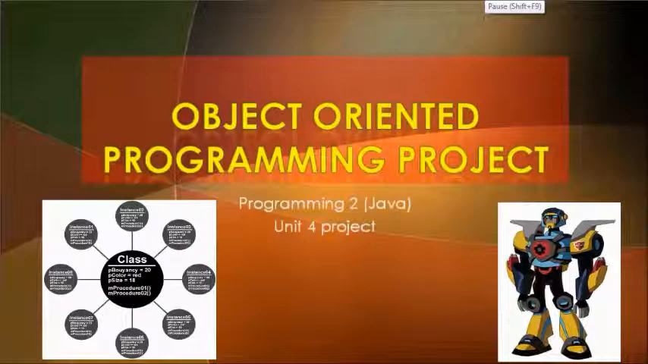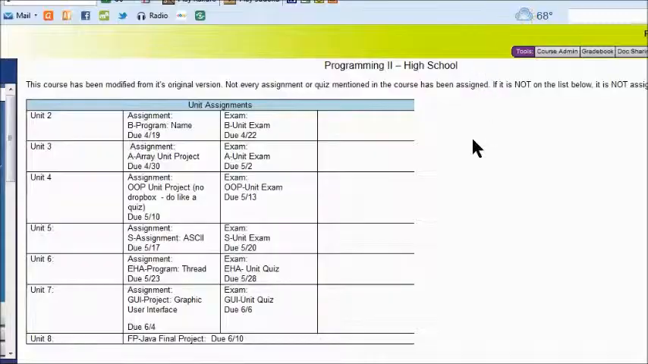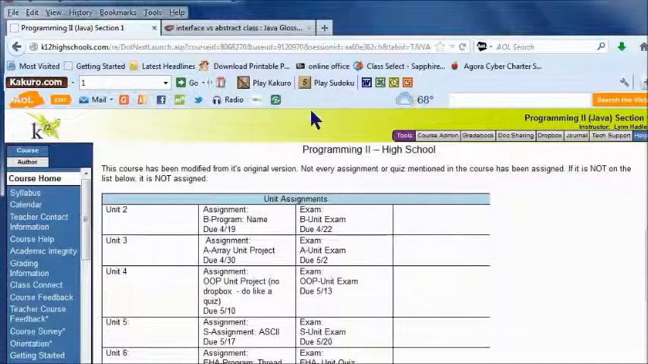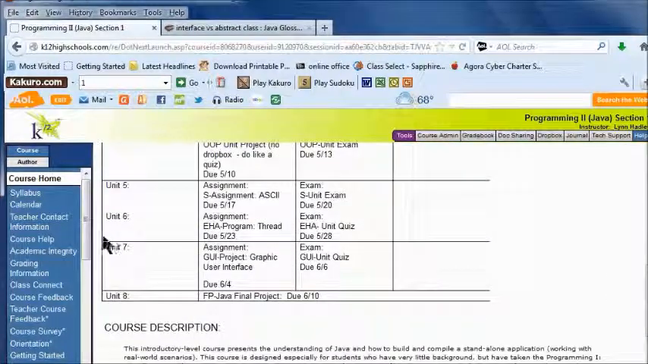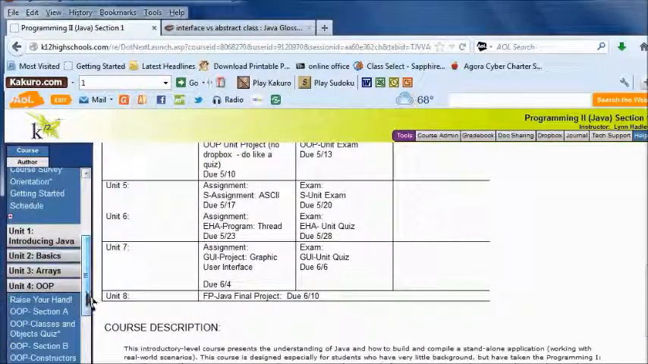What we're going to look at today is the Object-Oriented Programming project. Now, some of you may be wondering, the Object-Oriented Project is due on the 10th, right? And where is that Object-Oriented Programming located? Because you don't see a drop box for it. So if you come down the class page to your Object-Oriented Programming unit,